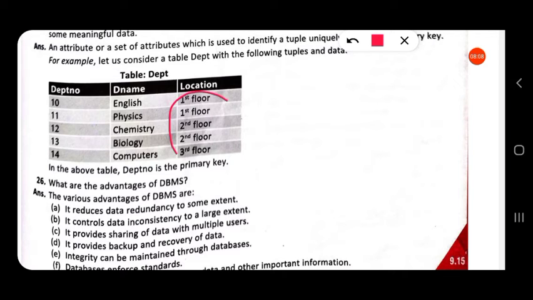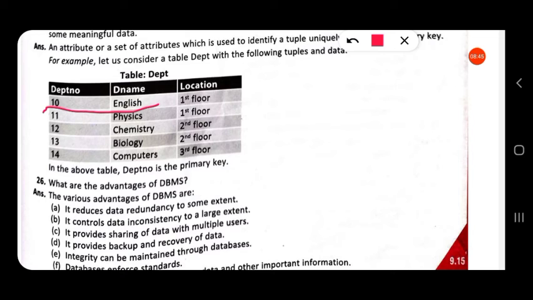But in the case of location, you can see first floor is repeated 2 times, then second floor is repeated 2 times. So repetition is there, so this column cannot be considered as the primary key. But department number and D name do not have duplicate values, that is, they have unique values. So any column from these two can be considered as primary key.